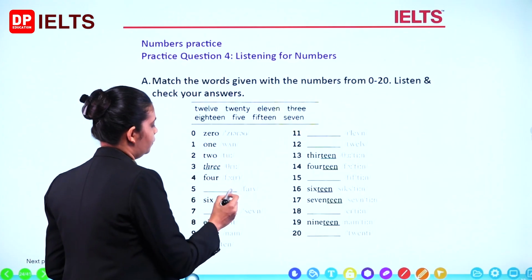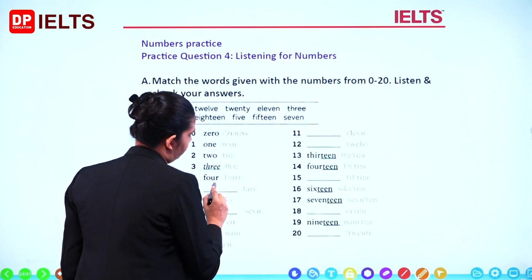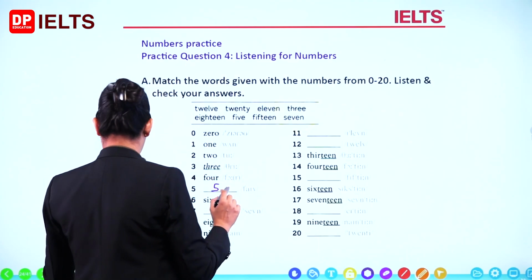1, 2, 3, 4, 5. Oops, we have to match it.